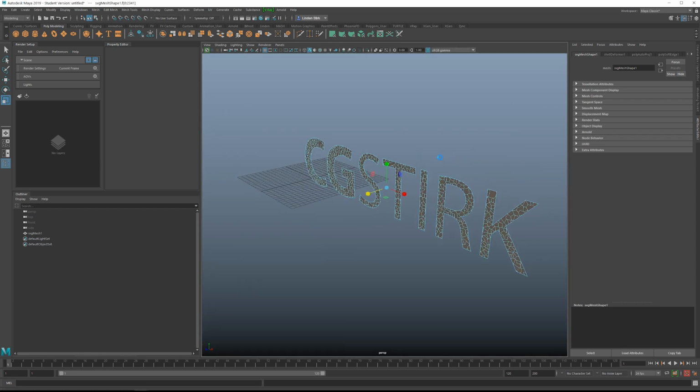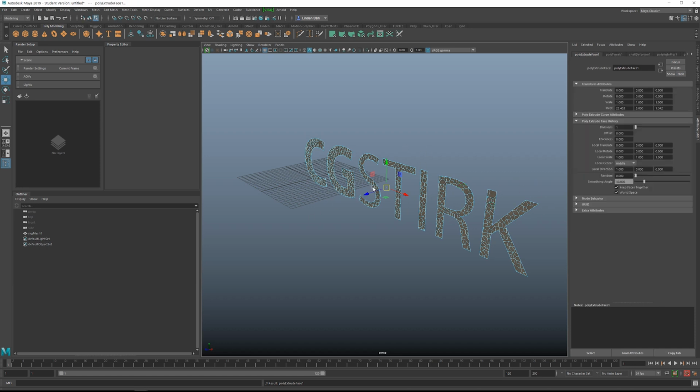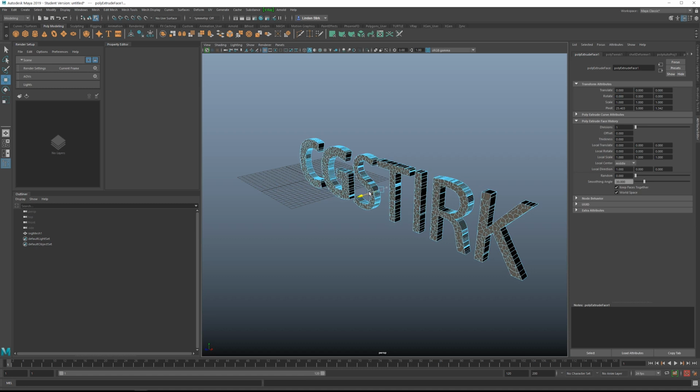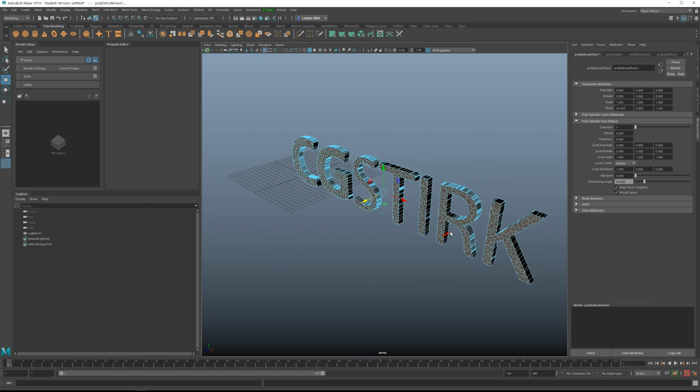You're going to click Ctrl E to do an extrusion. And when you click Ctrl E, you want to click the move tool or the W key, and then you want to pull it out manually. Don't try to do the extrusion inside that tool. Otherwise, since the normals are facing different directions, when you pull it out, they'll each kind of go off at different angles. Pull this forwards. Now, whatever depth you choose here, you can edit this later inside Element 3D simply by scaling the Z axis.